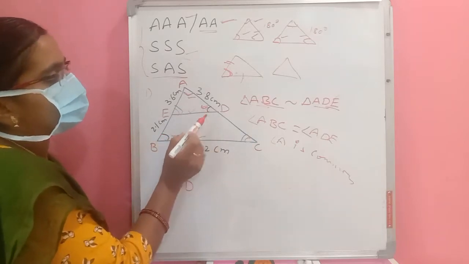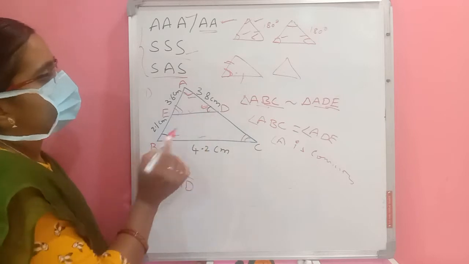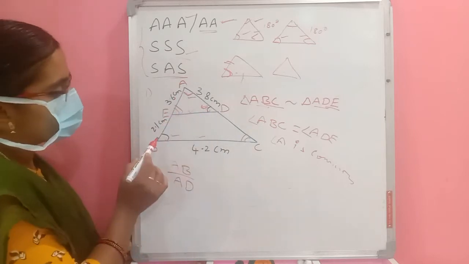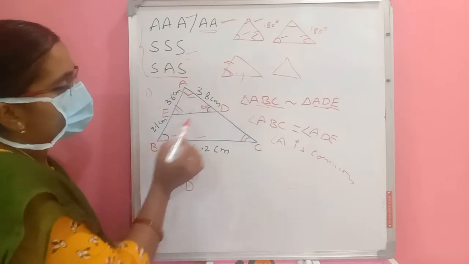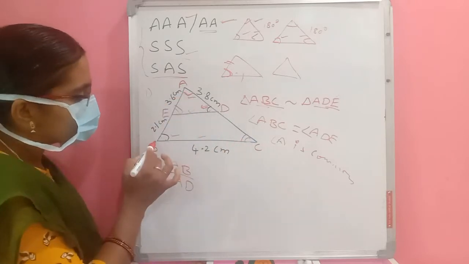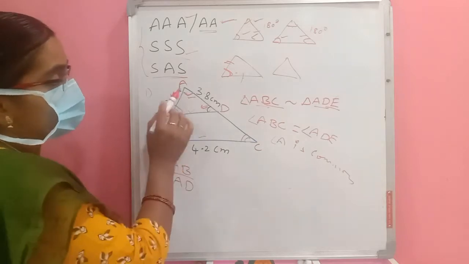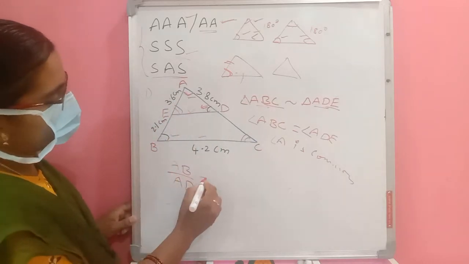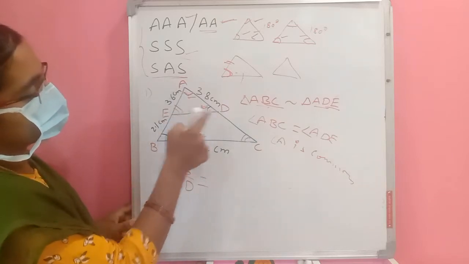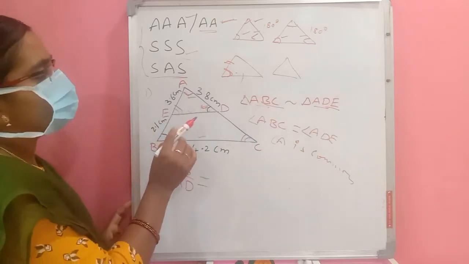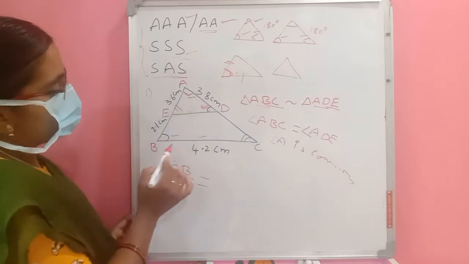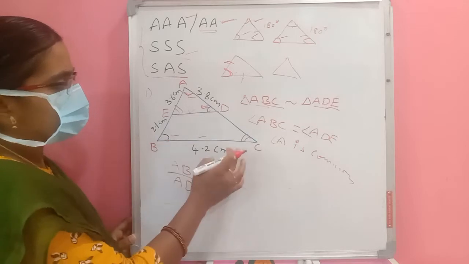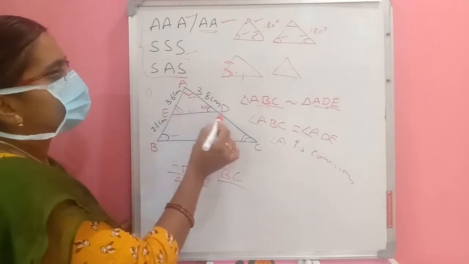And this is the angle. These two angles are equal. So, the side opposite to this angle is equal with the side opposite to the same angle. So, AC is similar with AB. Sorry, AD is similar with AB. So, that's why AB by AD is equal to BC. The side opposite to angle A is BC and its corresponding side is ED.